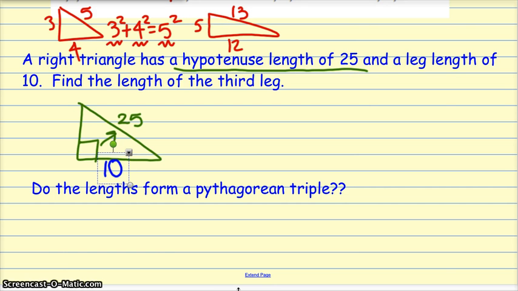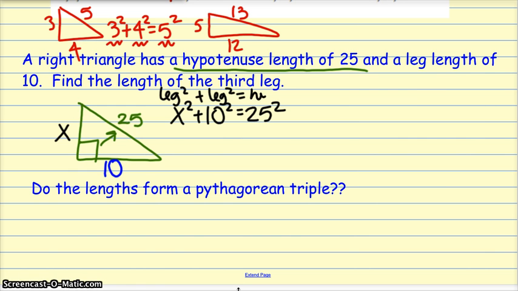Go ahead and set up the problem. I want to know what is the other side. X squared plus 10 squared equals 25 squared. So the leg squared plus the leg squared needs to equal the hypotenuse squared. Go ahead. Actually, I'll go ahead and do it. So x squared,